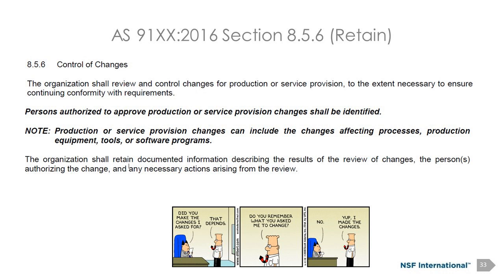Control of changes, we talked about this one a little bit earlier. We've got a process associated with it. Again, we need to have records or retain documented information to show that we did what we said we were going to do. So the results of the review of the changes, the person authorizing the change, and any necessary actions arising from the review. Okay? Next